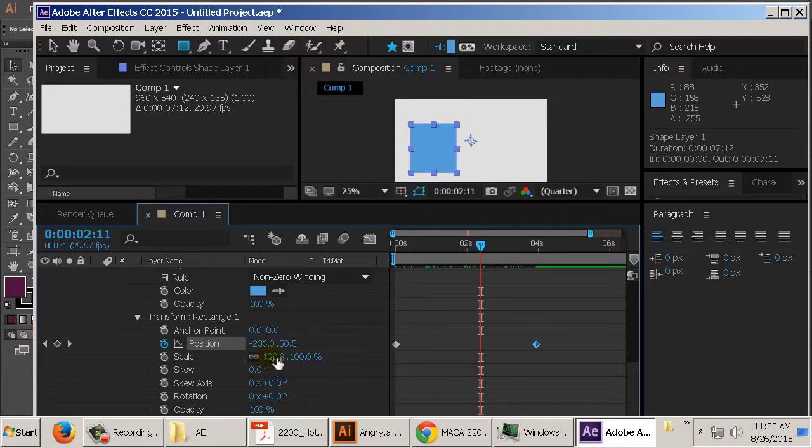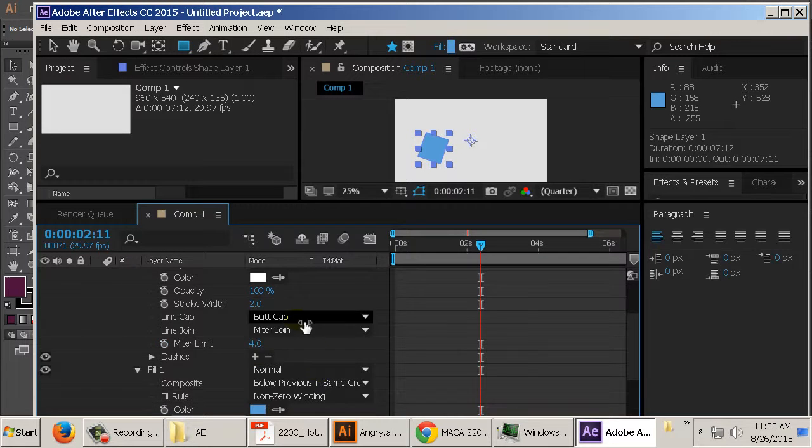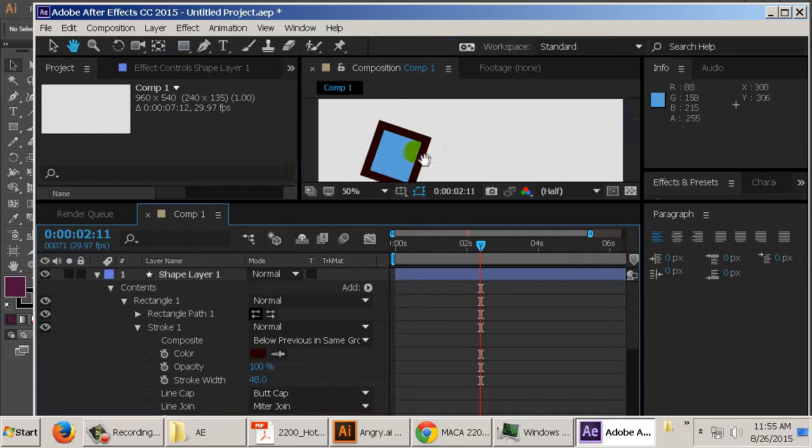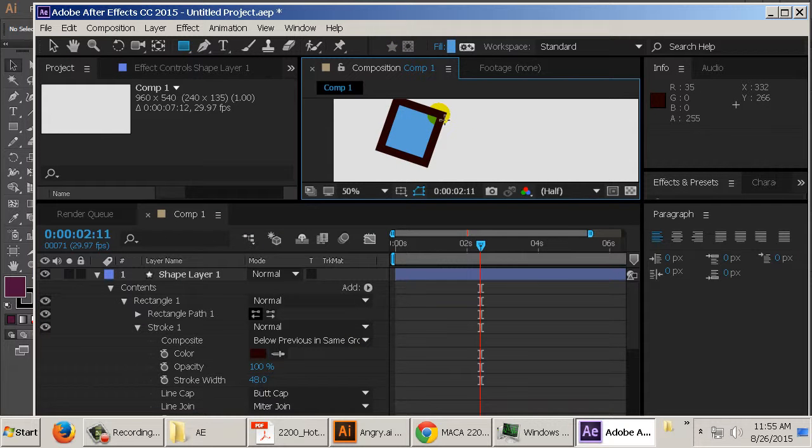I could also scale it if I needed to. I could also rotate it. I could also change the opacity of it. I could add a stroke to it. And the stroke is up here. I just can't see it. So I'll make this bigger. I'll make it that color. Okay, so I can very easily customize something that I just kind of drew on the page